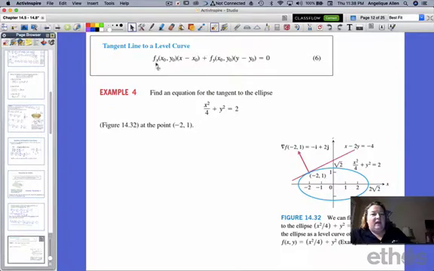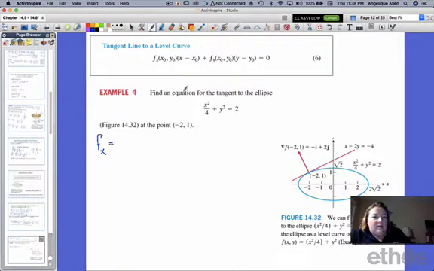So we've got to take the partial derivative with respect to x and with respect to y of this function first, okay? So we'll call this f sub x. That's why they did it, because they didn't name the function, okay? So we'll do f sub x